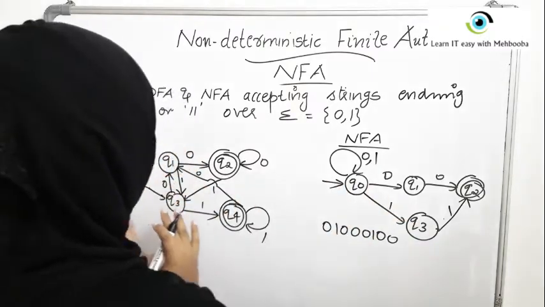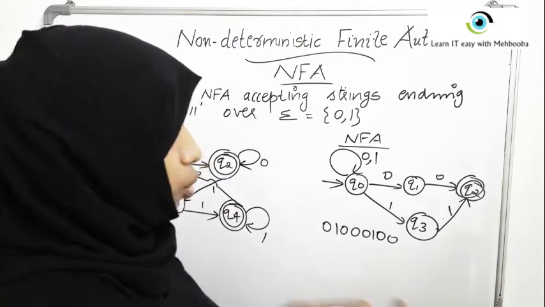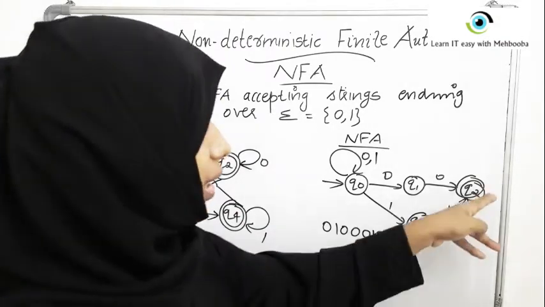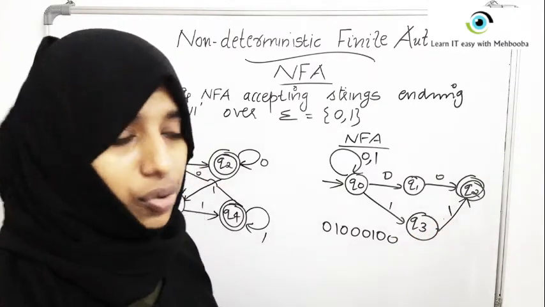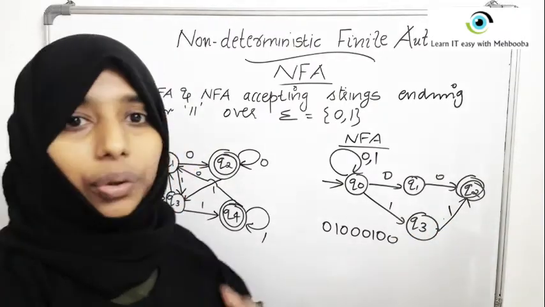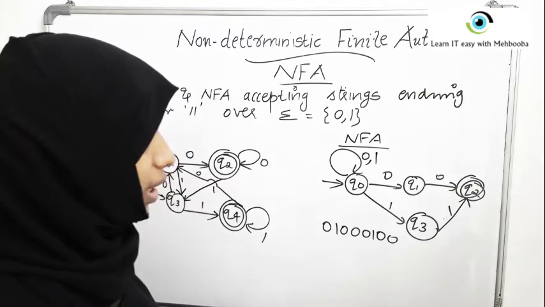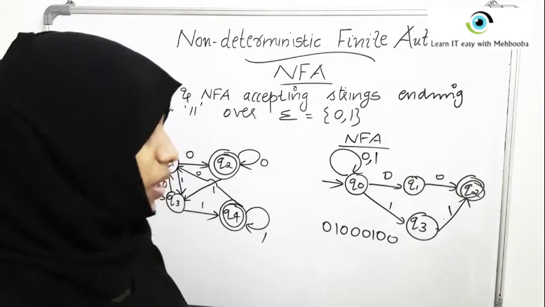And unlike the DFA, you don't have to answer all the questions, like what if a 0 comes here, what if a 1 comes here. You don't have to answer all such questions. You have to include only the necessary transitions in case of an NFA. So the design becomes much easier for you.